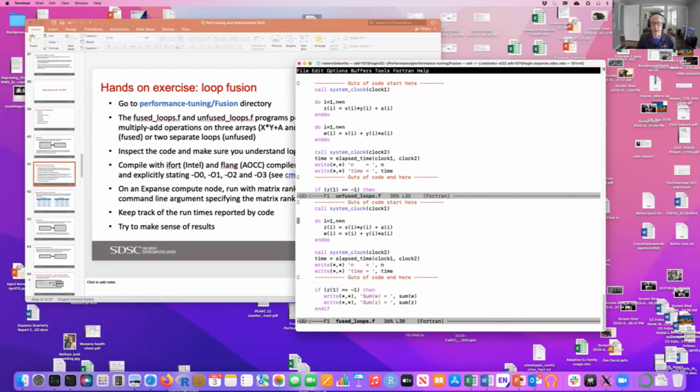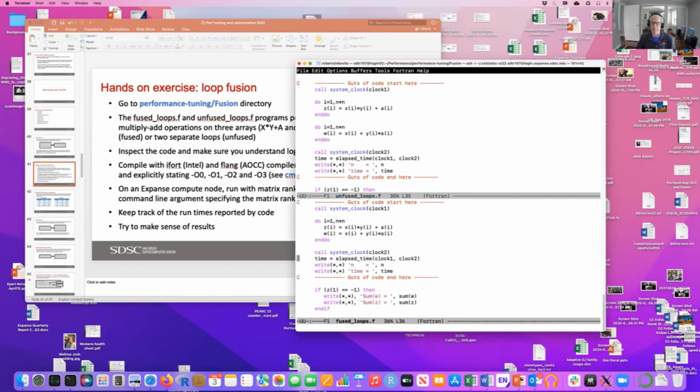I just took the body of those two loops and I combined them. Now, I want to point out something that may seem a little mysterious in the code. So I do these calculations. I initialize x, y, and a, and I do various combinations of floating point multiply adds to save the results